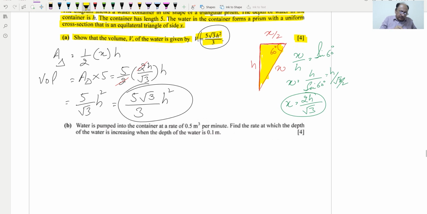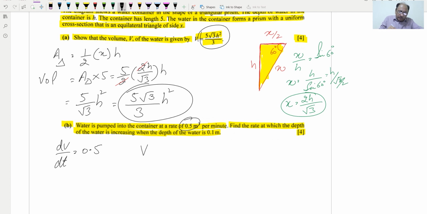And next, B part. They are saying water is pumped into the container at a rate of 0.5 meter cube per minute. Find the rate at which the depth of the water is increasing when the depth of the water is 0.1 meter, and this is also a 4 mark question. So rate is required, so change in volume with respect to time. Change in volume with respect to time is provided, which is this one, 0.5,